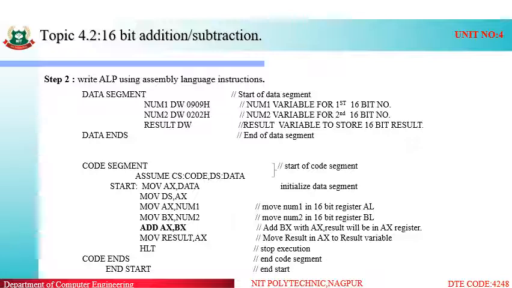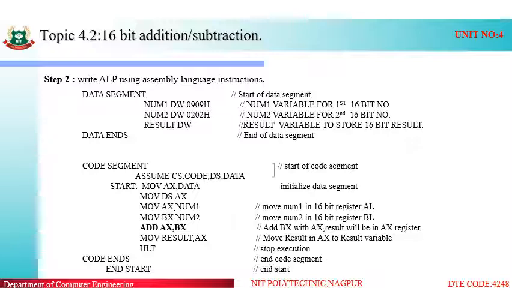Similarly, we have taken the second number as num2. Num2 is nothing but the variable name, and similarly num1 is nothing but the variable name. Instead of num1, num2, you can take X, Y, A, B, whatever you want. So num2 is also 16 bit, therefore DW, and 4 hexadecimal digits means a 16-bit binary number, and the result will be of